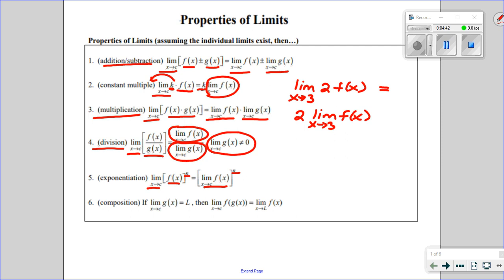Okay, and then our last one is dealing with compositions of functions. So, if we know that the limit as x approaches c of g of x equals L, and let's say we want to find the limit as x approaches c of f of g of x, then what you do is